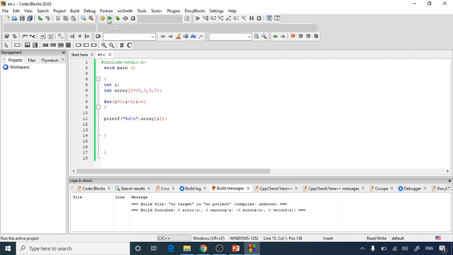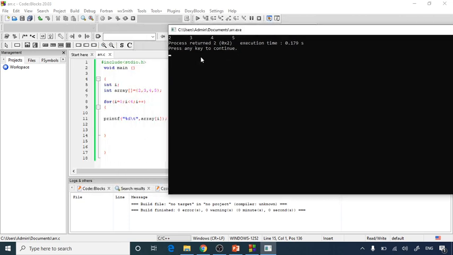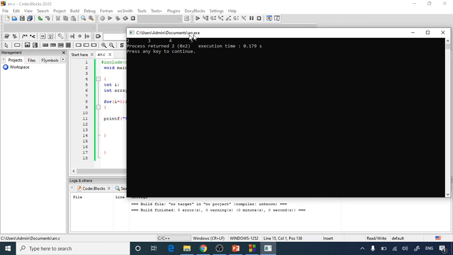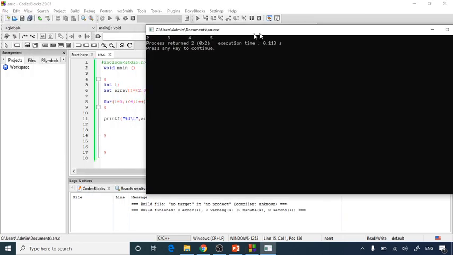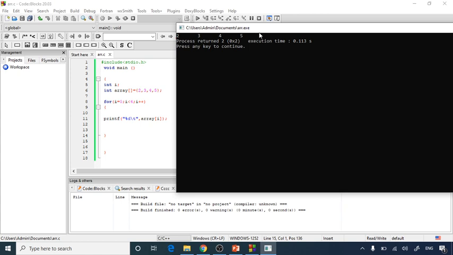After saving it, we'll build this. So the build finished with 0 errors. Let's run it. As you can see, in this structure, the array is being printed because we have given i equal to 0, i less than 4, i plus plus. I have given the same size over here. For each and every iteration of the for loop, it will check the array and print the first element. Again it will go inside the for loop, check this condition and print the second element of the array. This way the program control goes. So here you can see you can also print the array in this way.